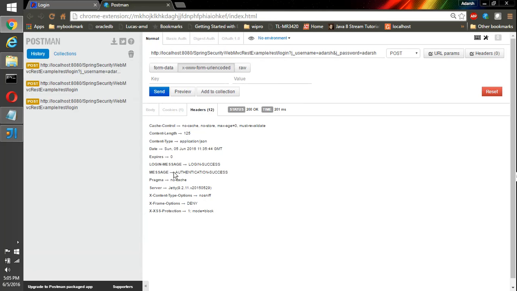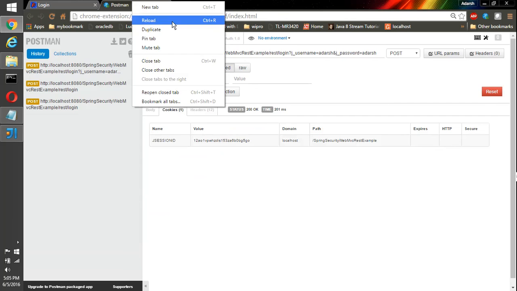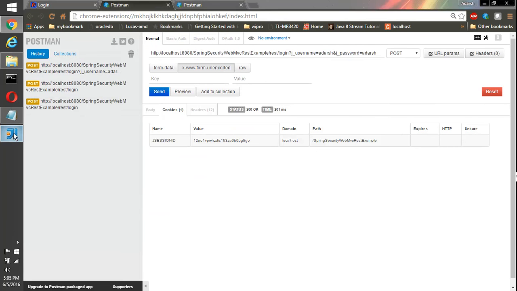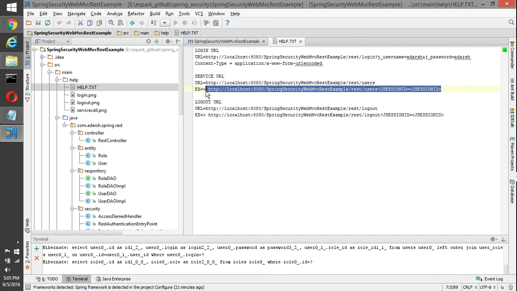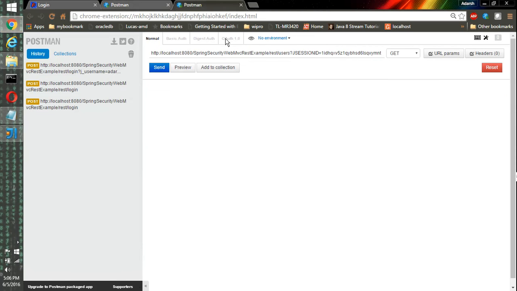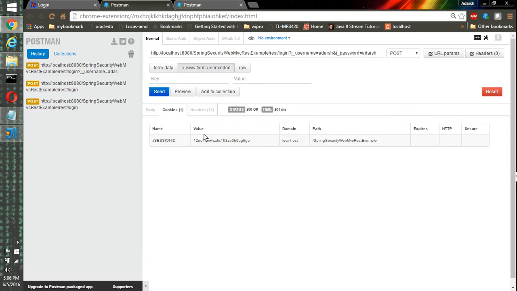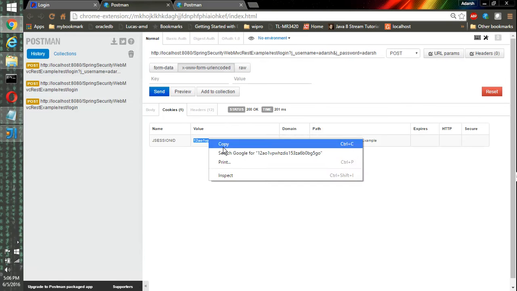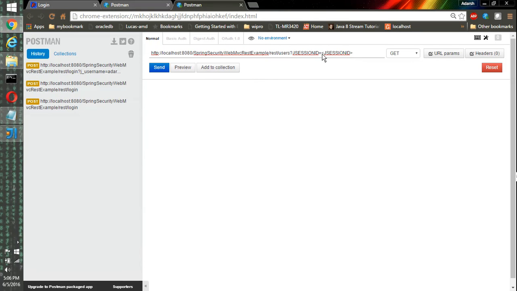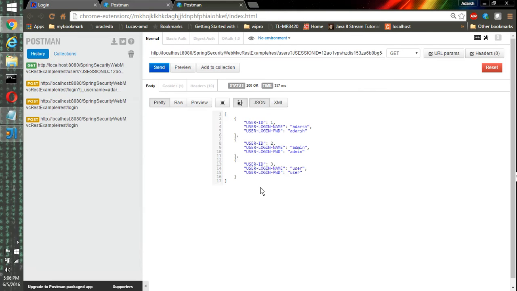Here I'll get the headers, authentication success, login success, and cookies. I can see the JSON here, and then I'll just duplicate this. I'll copy this JSON and replace this section here, and send it, so here I can see the user list.